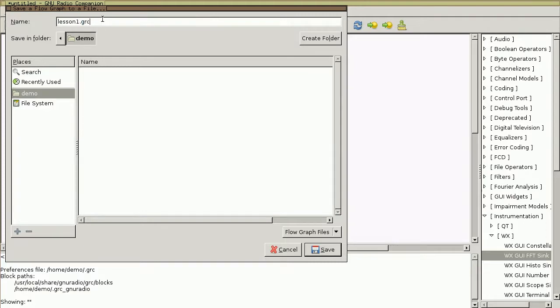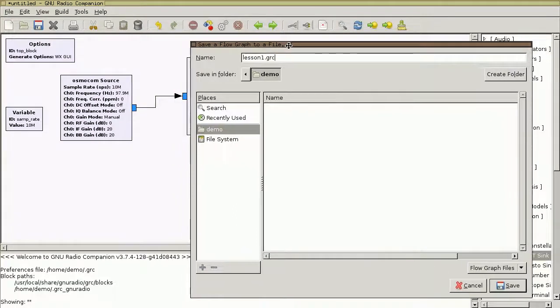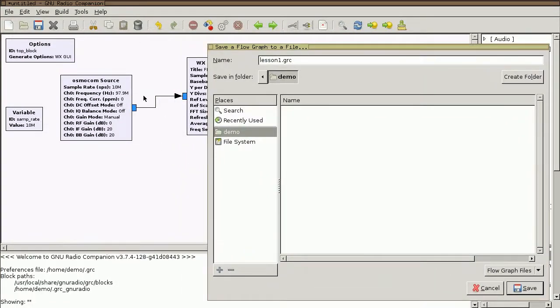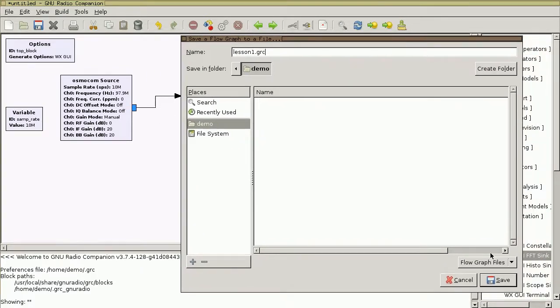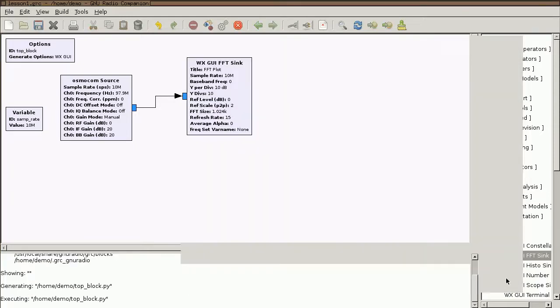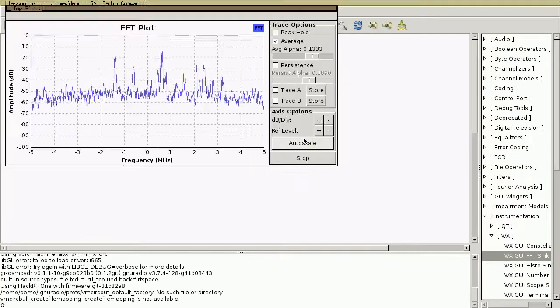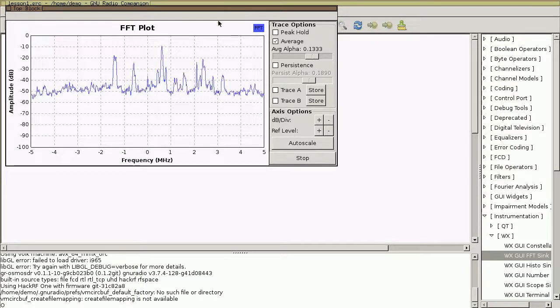This file is a representation of the flow graph. So it contains a listing of the different blocks and how they're configured and how they're connected together. This is one file that GNU Radio Companion creates, but then as soon as I save this, it's automatically going to create a Python program in addition to this .grc file, and the generated Python program is going to be executed. So I save that, it creates Python and executes it, and here we have a nice FFT plot that